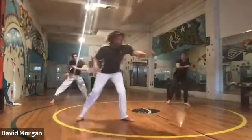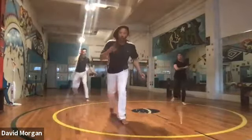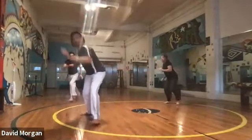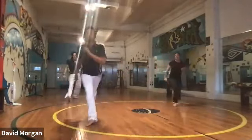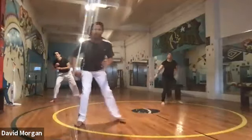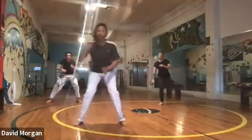Ginga one time, step into the kick, and now ginga one time. Here comes your first one, followed by your second one. Awesome, we're going to do this one last time. You're starting with your left leg this time. Here it is. One time ginga,